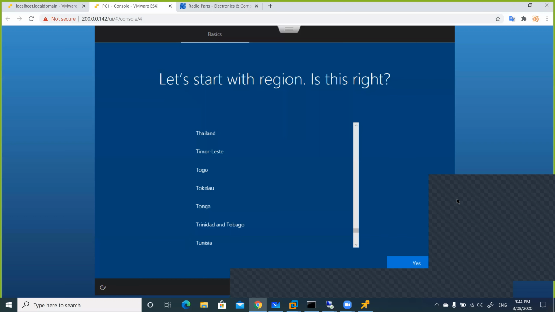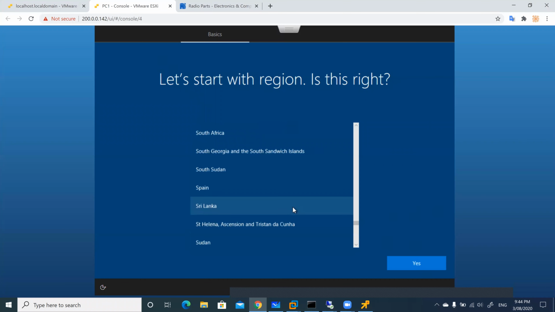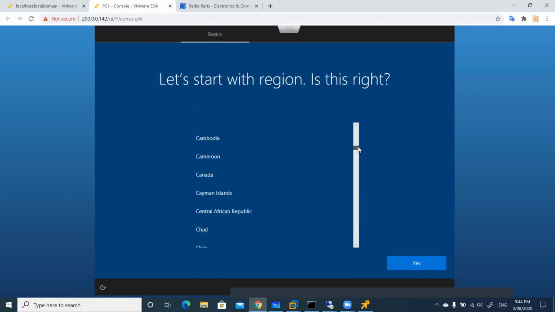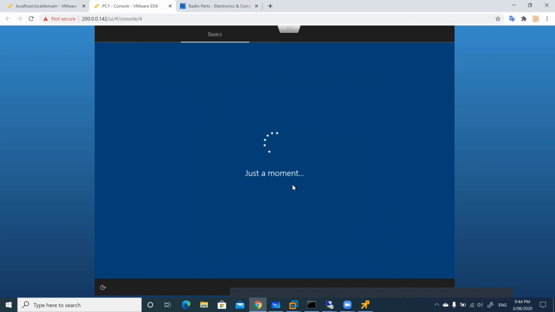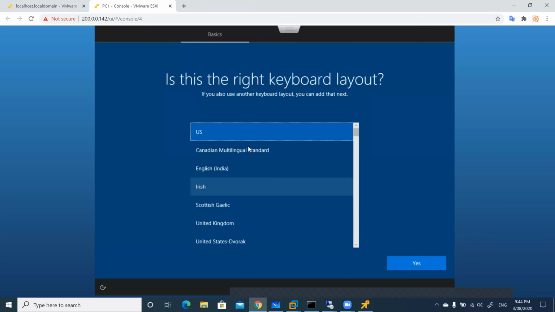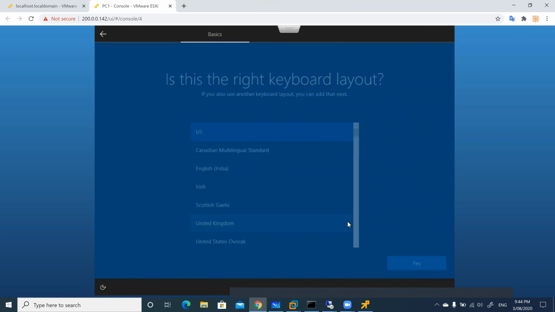All right, so it's all been installed now. So I will go ahead and say that my region is Australia now. And the keyboard is US, yes.